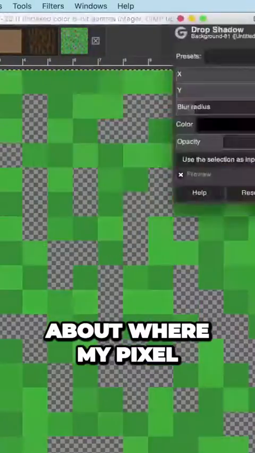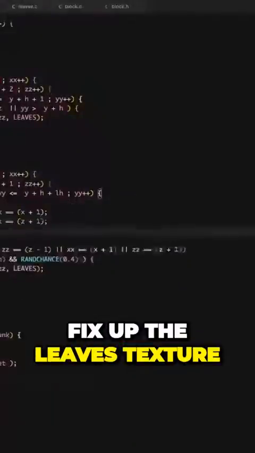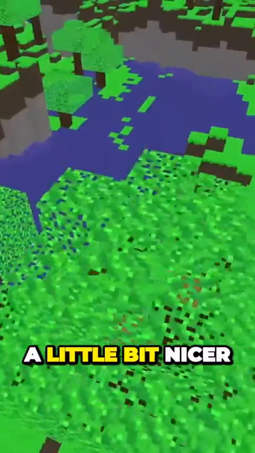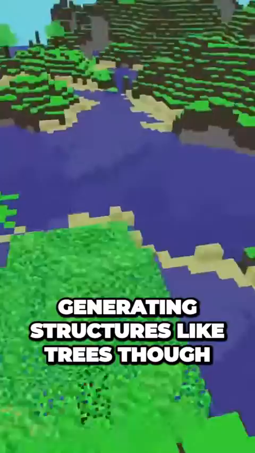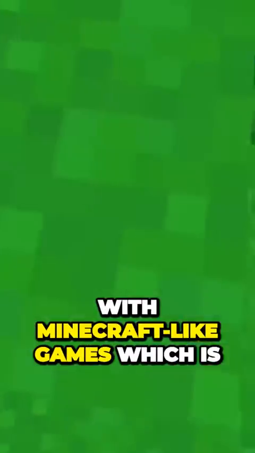This is also about where my pixel artistry kind of falls apart, so I spent some extra time trying to fix up the leaves texture and make it look a little bit nicer. Generating structures like trees though, I started to encounter another really common issue with Minecraft-like games, which is what should